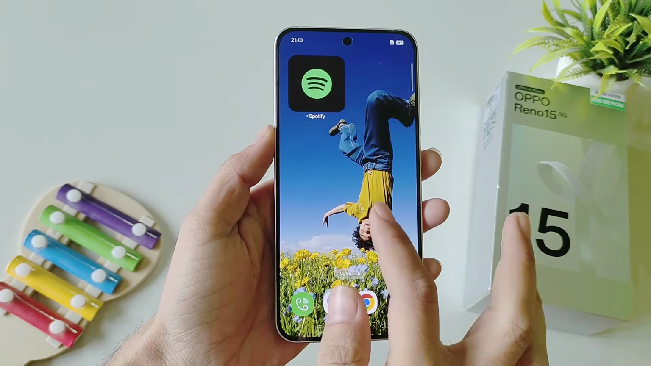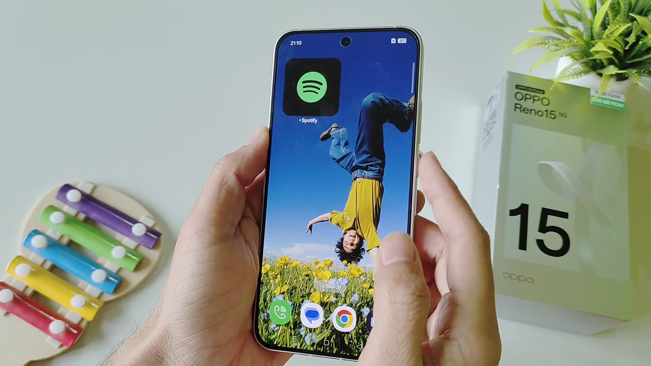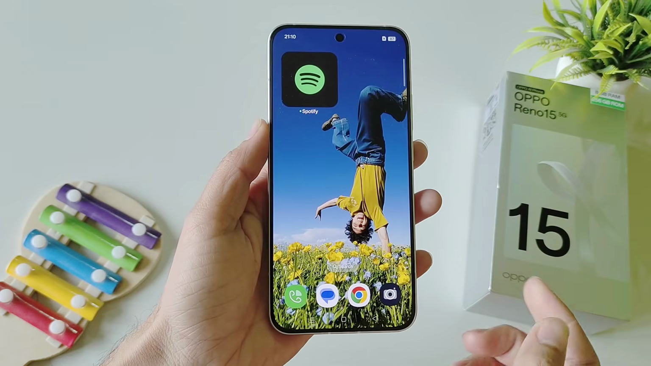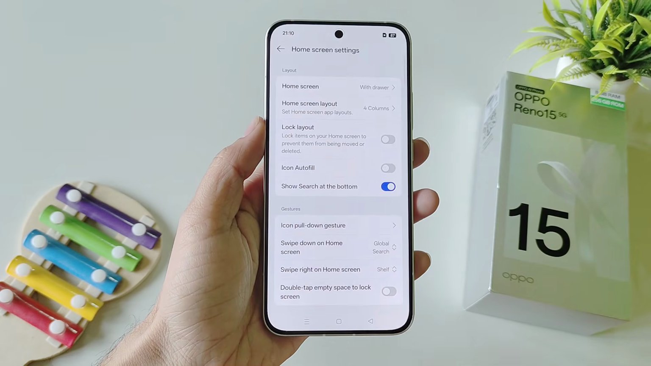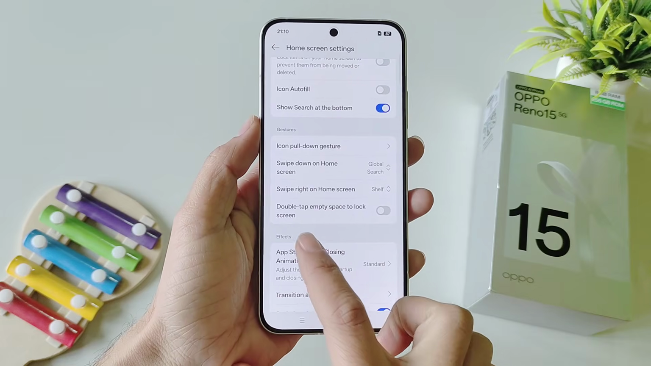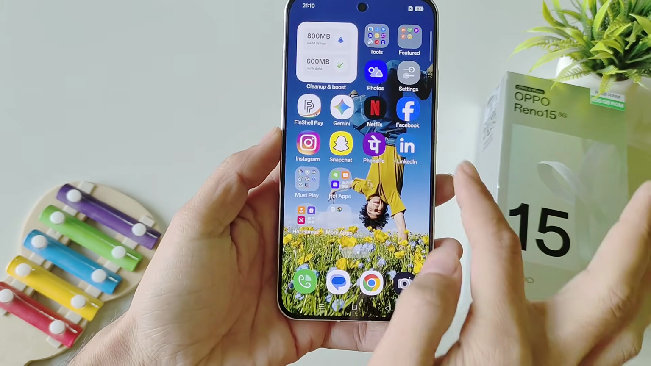You can enable double tap to lock and double tap to wake your screen up feature, so you don't have to press your power button to lock your smartphone and wake your screen up. To enable this, tap and hold on your home screen, select home screen settings, scroll down, firstly enable double tap empty space to lock screen, then come back and open your settings,